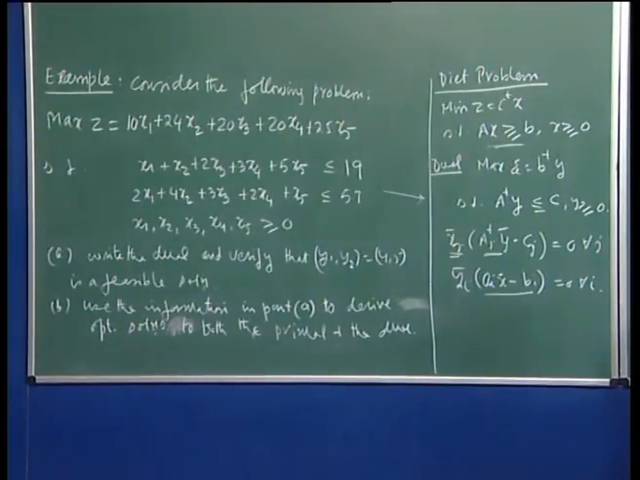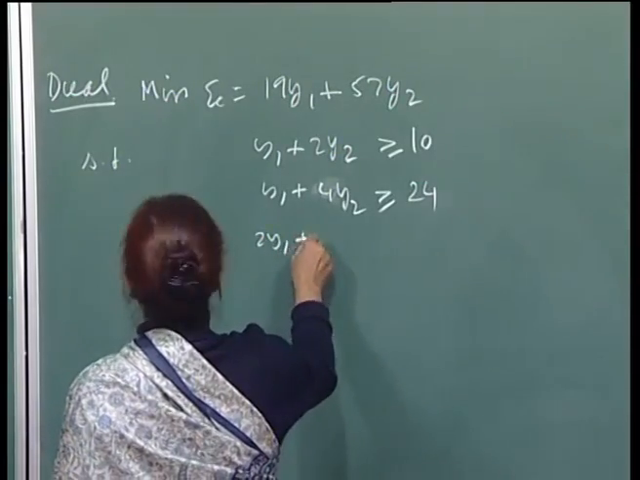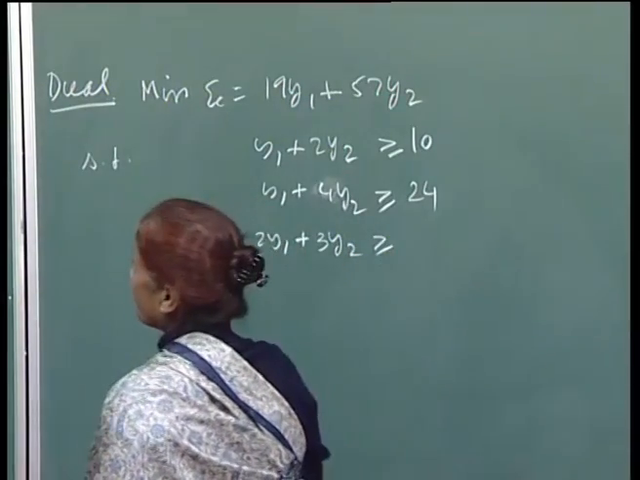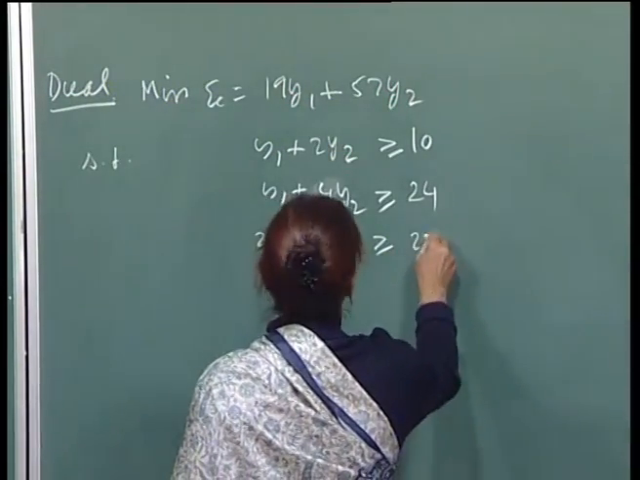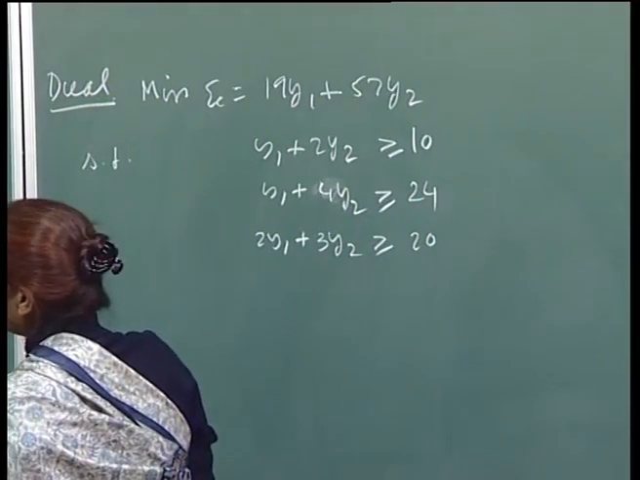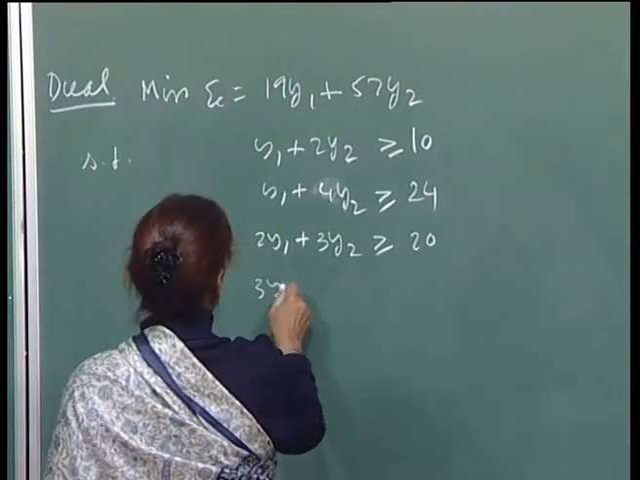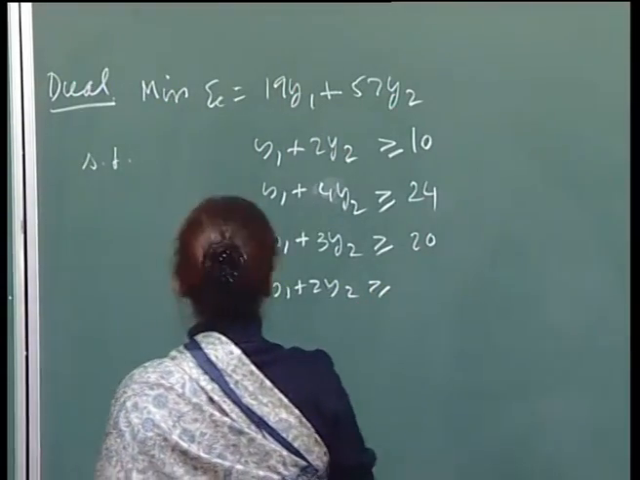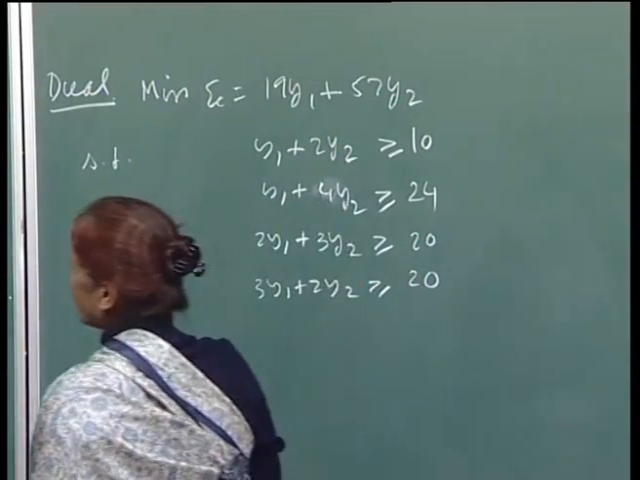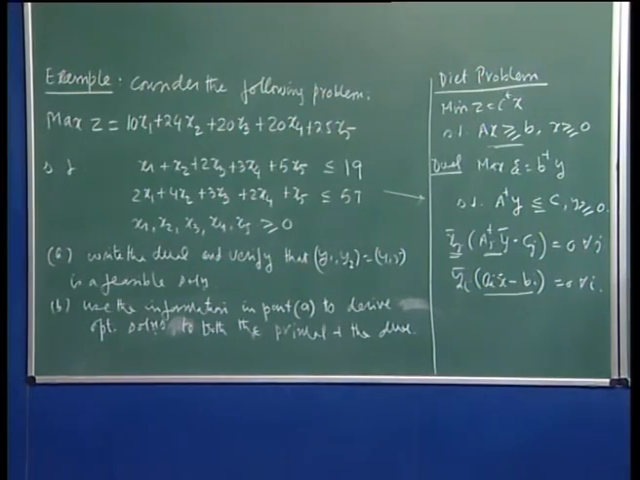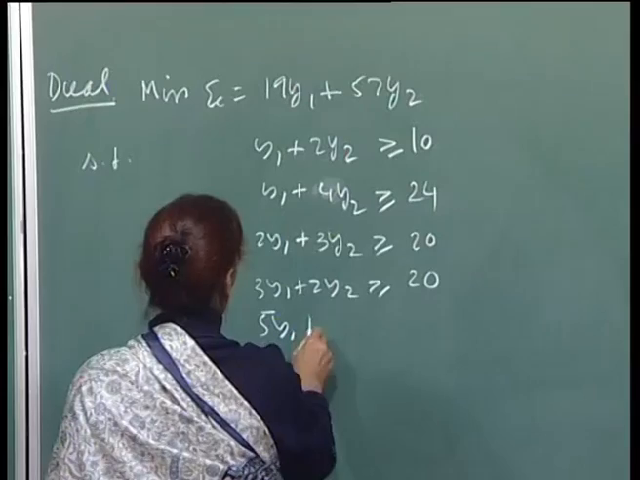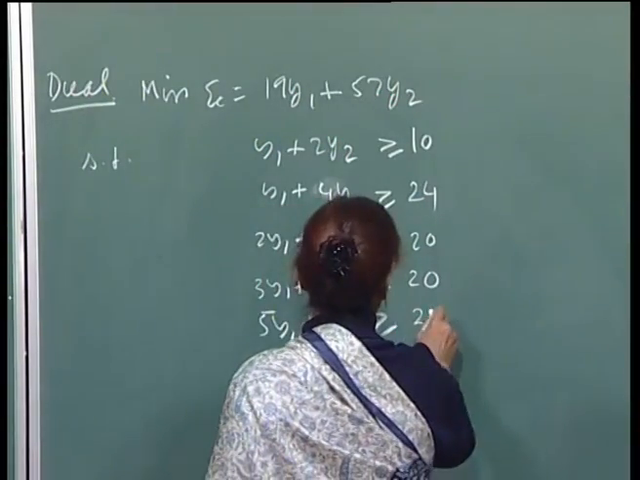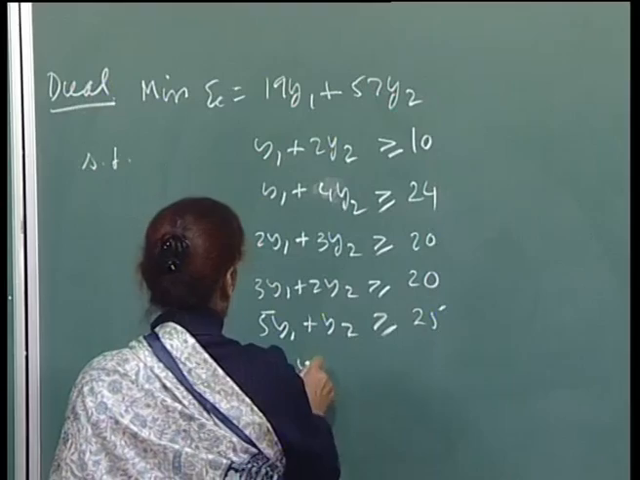Okay. Then the third one is 2y1 plus 3y2, which is greater than or equal to c3, which is 20. Then the fourth constraint is 3y1 plus 2y2, which is greater than or equal to 20, and the fifth one is 5y1 plus y2, which is greater than or equal to 25,